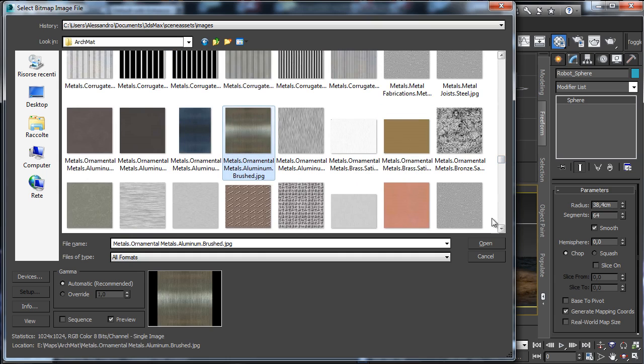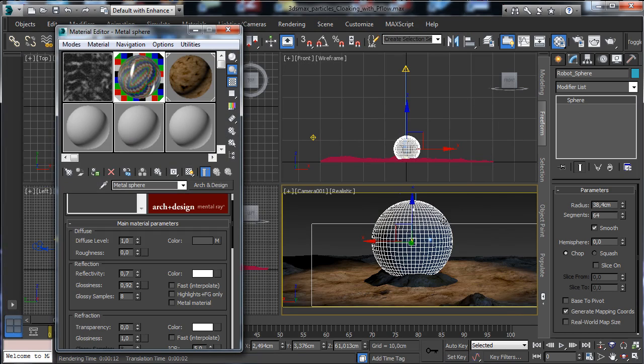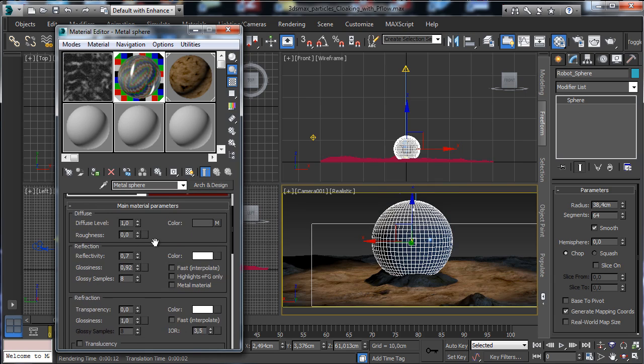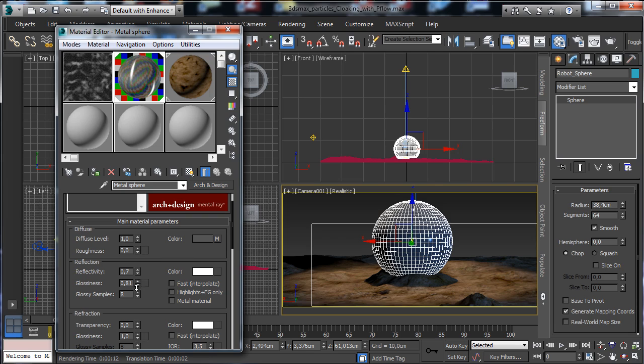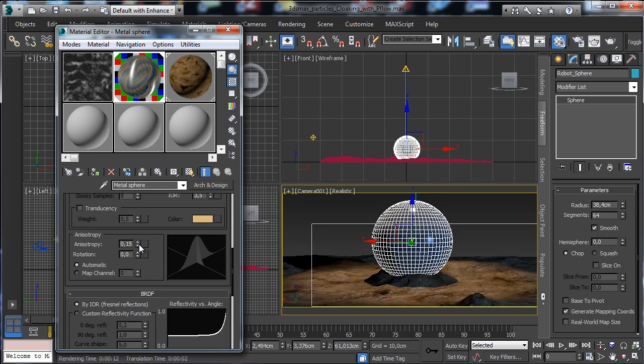Let's try to use this map just to see if it can work. And maybe, well, we have to use something to make it more complex. Let's go to the IOR and let's say that it's 3.5. So we have less reflectivity and we have more Fresnel. Let's go to have a little bit less anisotropy,